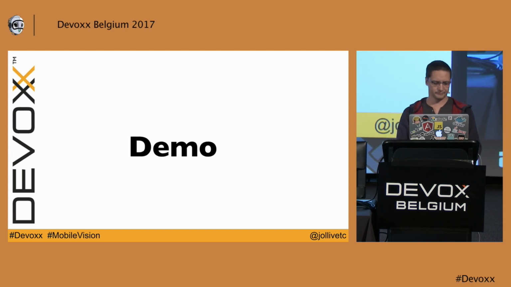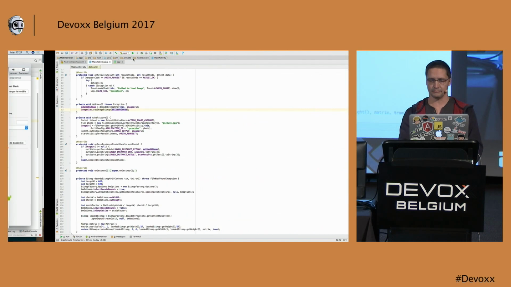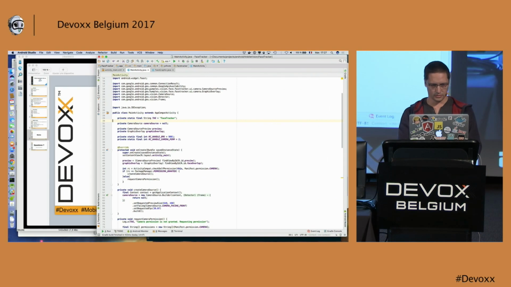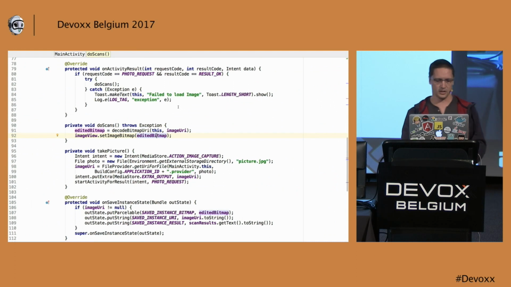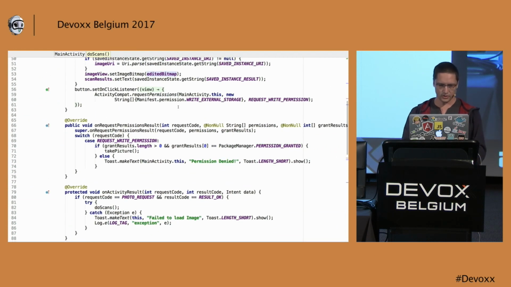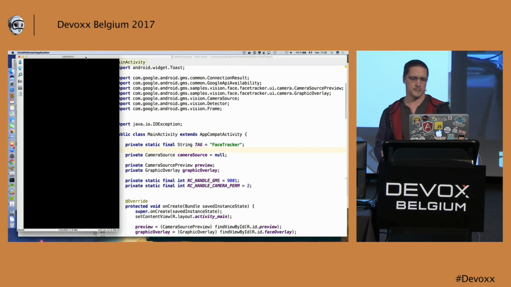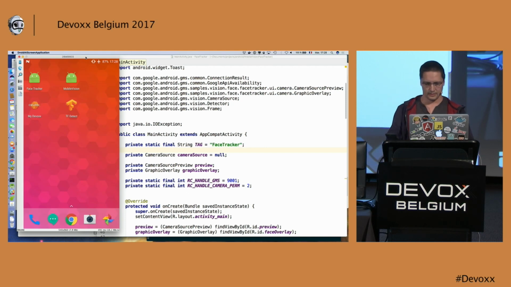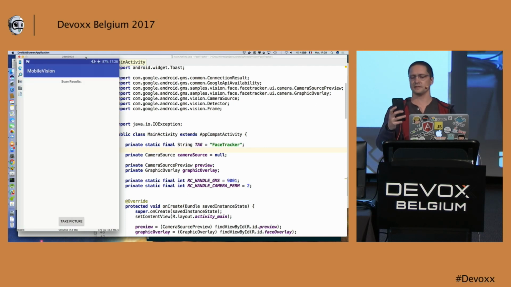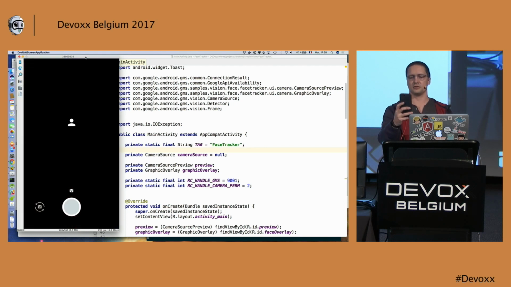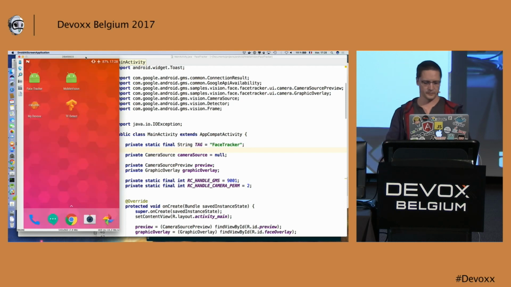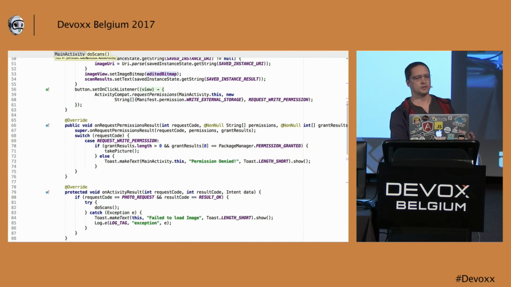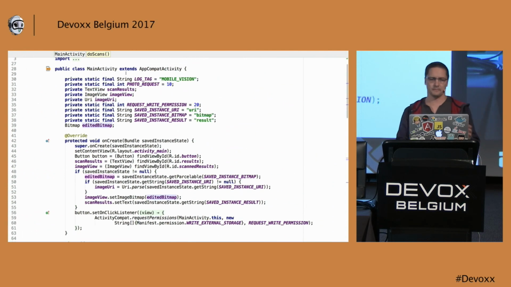So let's go to live coding, because this is a tool in action. Let me get in presentation mode, like this. Okay, so here I've got a simple application, which I can run on my phone to show you. With this application, I can take a picture of me, and this picture will be displayed on the screen. So what we will do is some face detection on this picture.